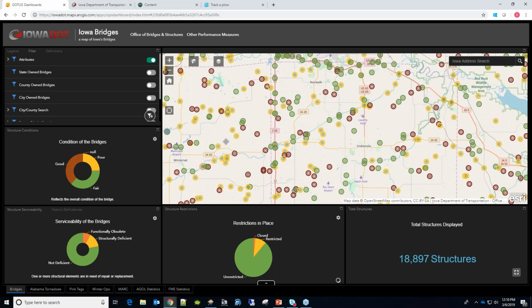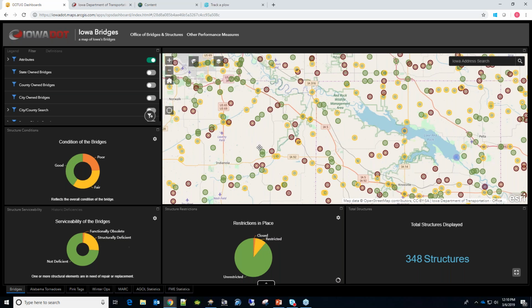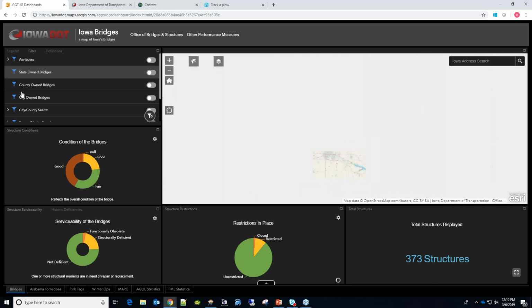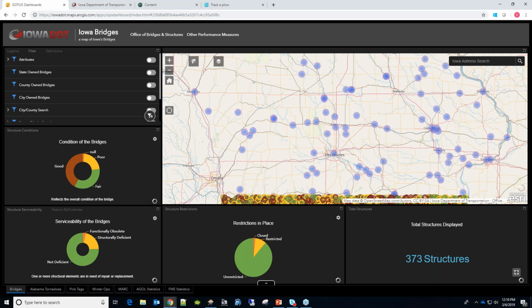All these change when you pan the map, and then you can hover over one to see the different selections change. So that's the Web App Builder.